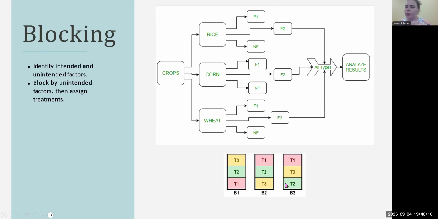Down here, this is what our field map would look like. This is how we would lay it out in the field or in the greenhouse so we know what crop gets what type of fertilizer. T1, T2, T3 stands for treatment 1, treatment 2, treatment 3. The repetition of those numbers might be a little confusing, but you can see that in each of those blocks, they're